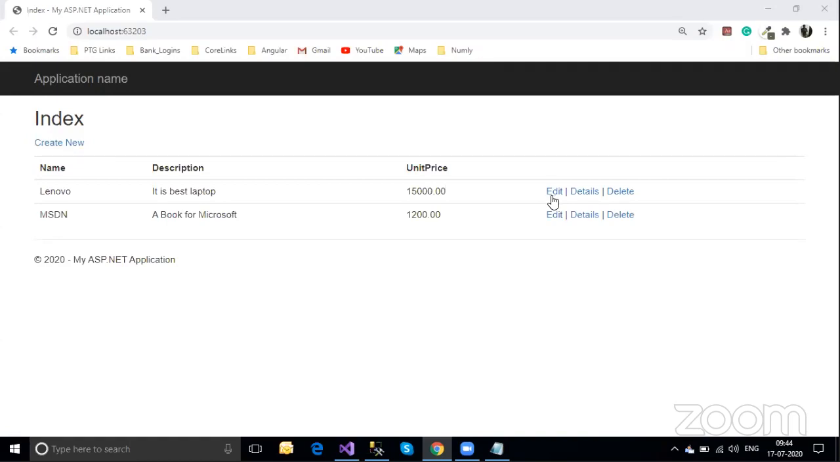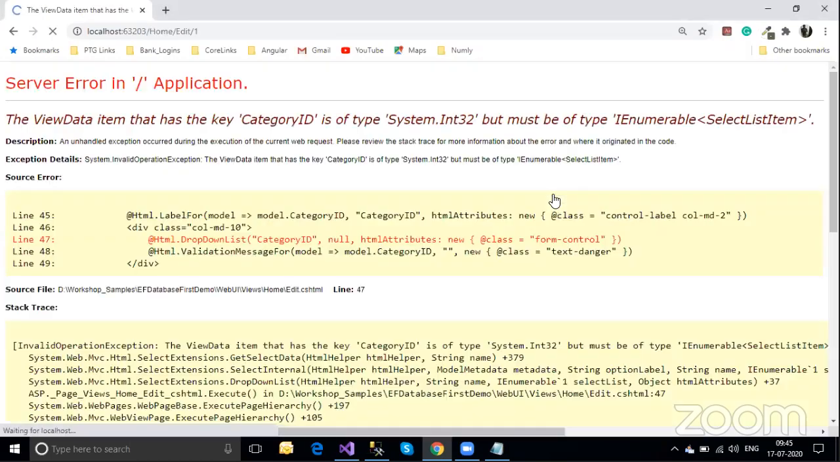Now you can see I'm clicking on this edit button. There you can see what happened. So here it is expecting the drop down list items, because we have two items available. I mean, two tables. That means we need to retrieve the data from the two tables. Because of that reason only we are getting the problem. Why? Because the category,